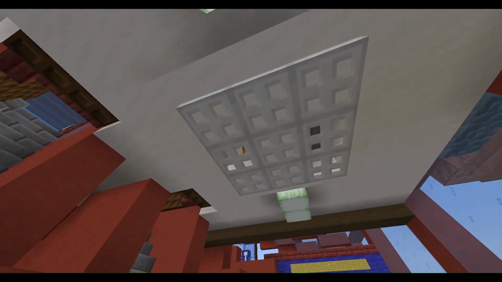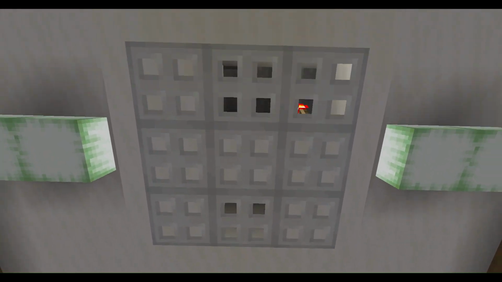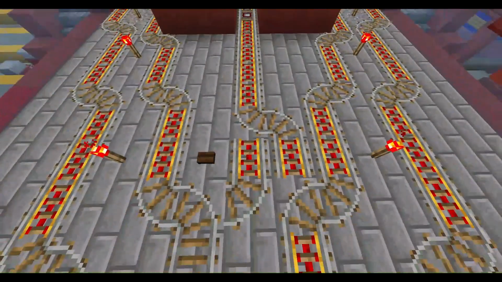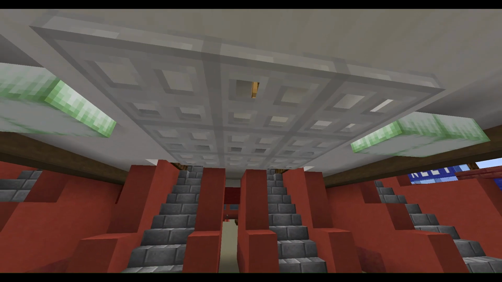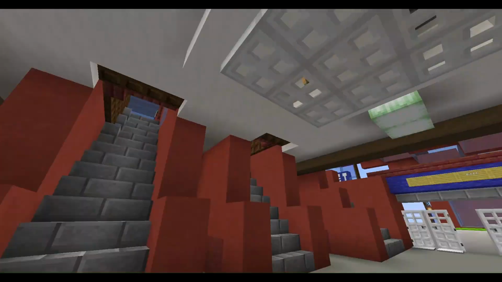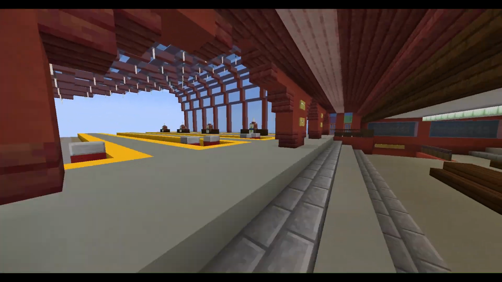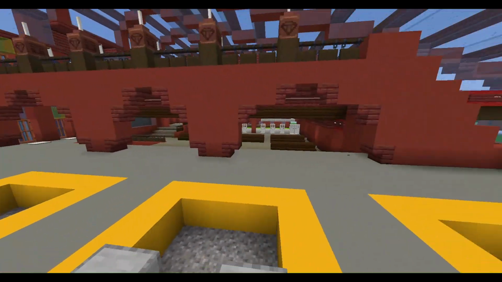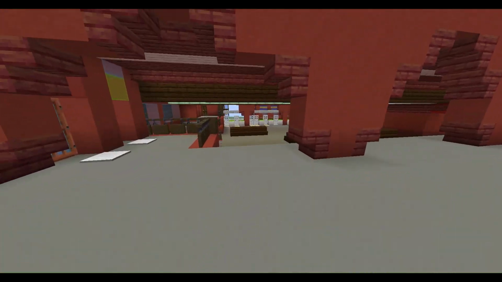I still had to have this sort of, because there's redstone torches underneath powering those rails there. So what I did, I made it look like some sort of AC or ventilation or something. I also made it slope down here, but I think the arches which support the elevated platforms were really cool,